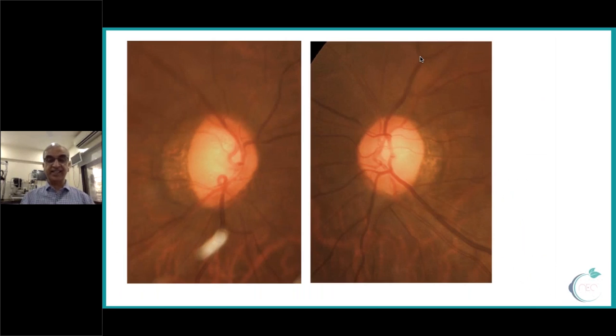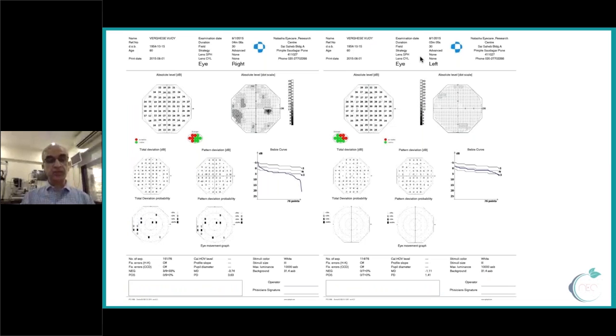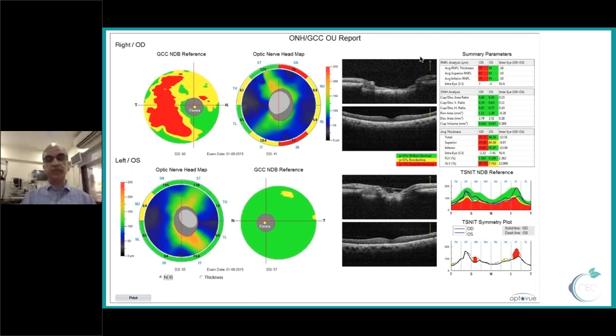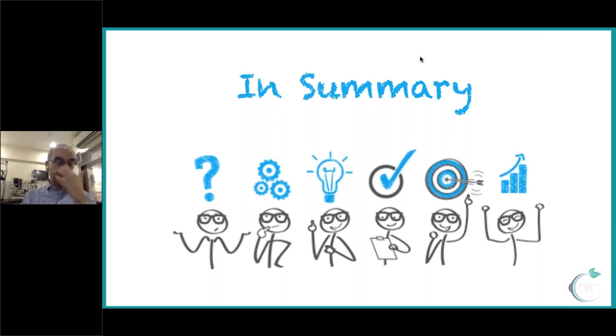This is what Dr. Satyan said, my first camera was on a DRS. So this is also my first camera, DRS, and now I have got an iodine angio. So here also you see a disparity, and then we did a perimetry. Perimetry showed some changes in the right eye, but when we did an OCT, it confirmed our diagnosis. So it helps you to diagnose a patient, counsel the patient, and then treat the patient. Just because of one instrument, you can go from a diagnosis to a treatment, including the counseling. So this is in summary.